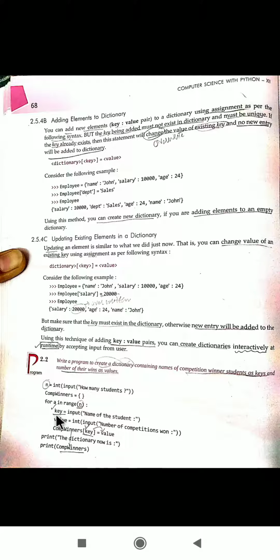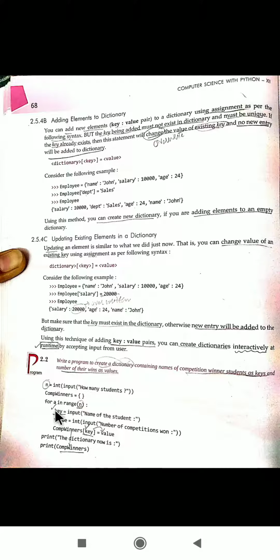Now, firstly you'll enter the key, because the dictionary is empty and we are going to create it, so we will enter the key as well as the values. The key you will enter with the help of this input function, that will be the name of the student. And whatever value you enter using this input function will be in correspondence to that particular key.